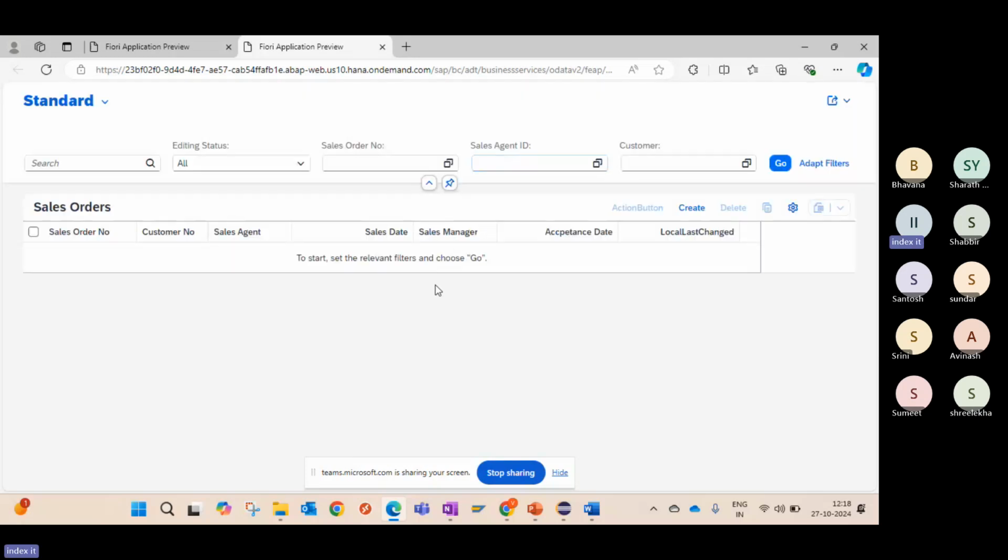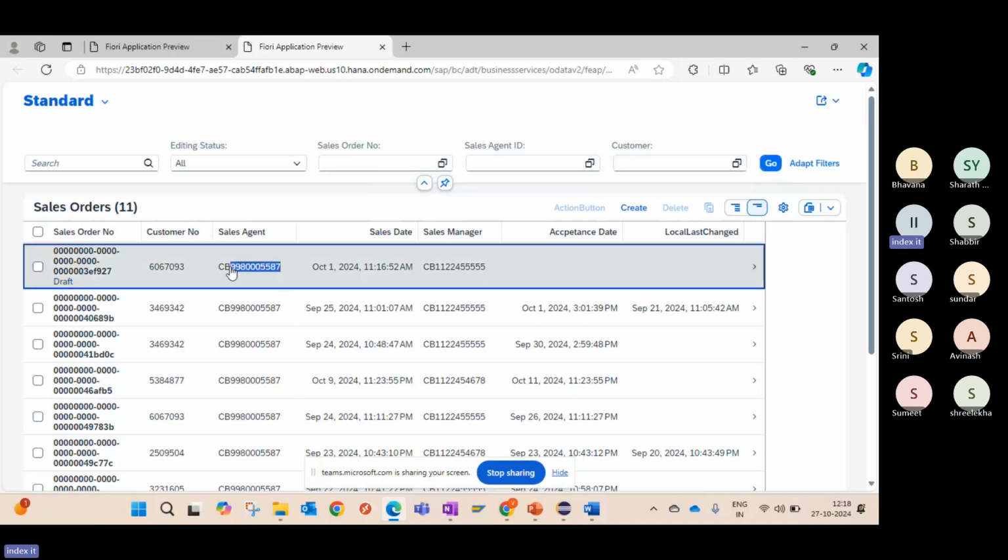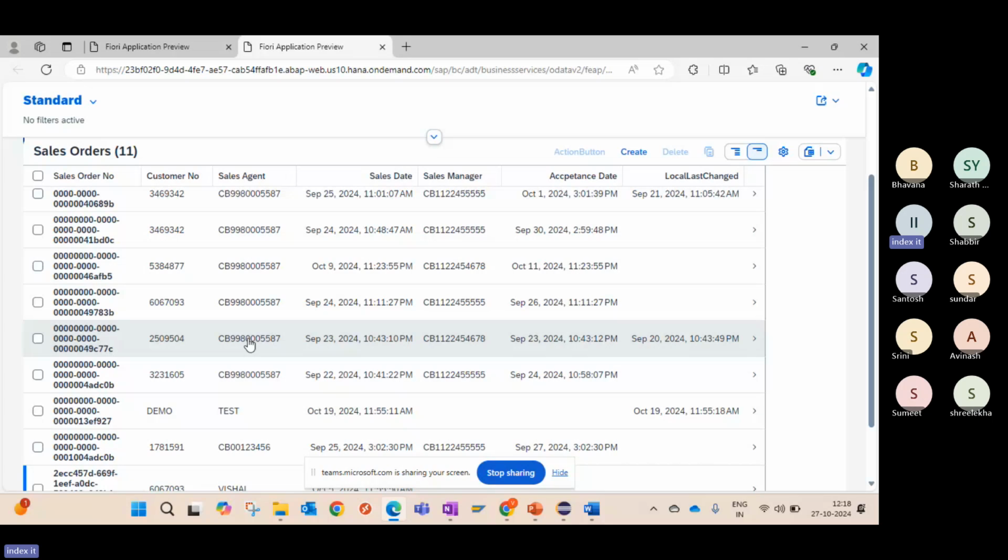Right. So those of you who have worked on a Fiori application know the list report and object page template. That is the template that would get created using RAP and ABAP Cloud. So you will see a similar kind of application. Here you can see if I click on Go, it will fetch all the data. It is fetching the data from the sales order header table, and of course from other tables as well. I have multiple filters over here. So for example, if I copy this one,